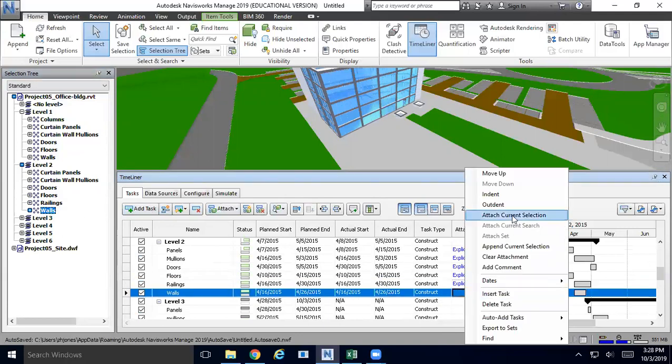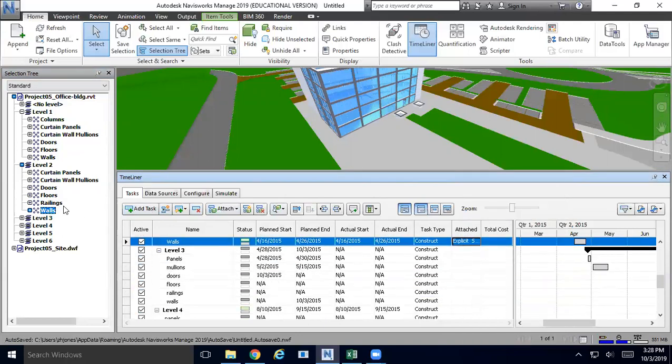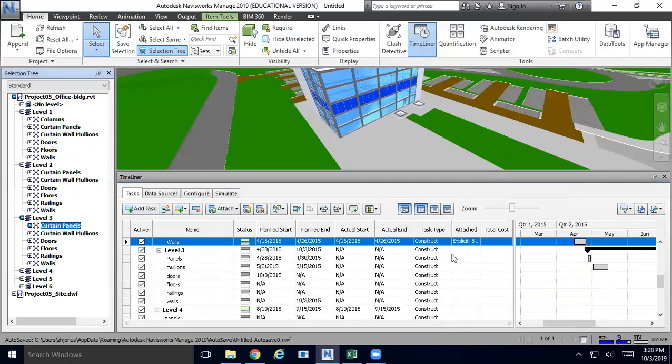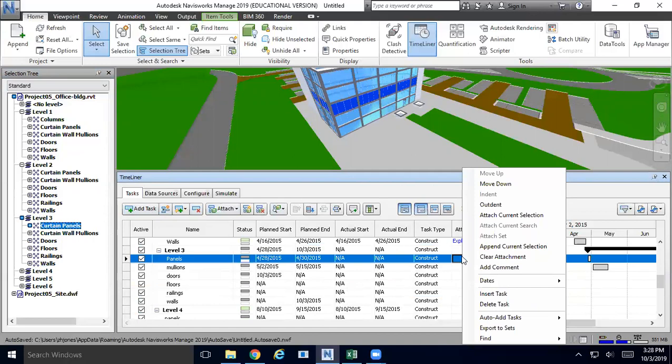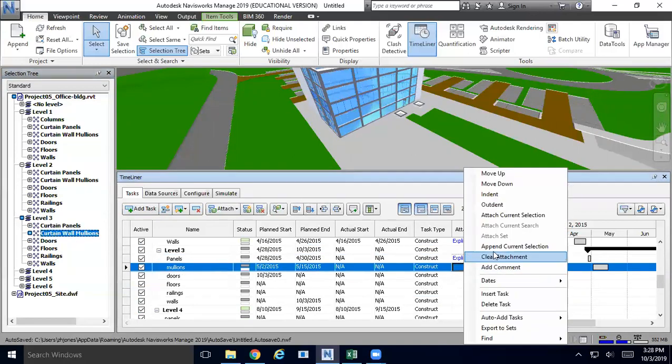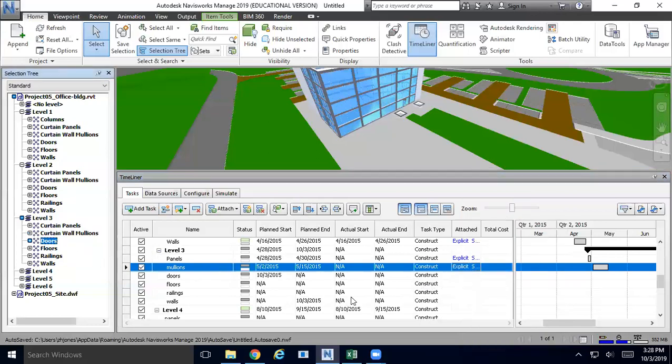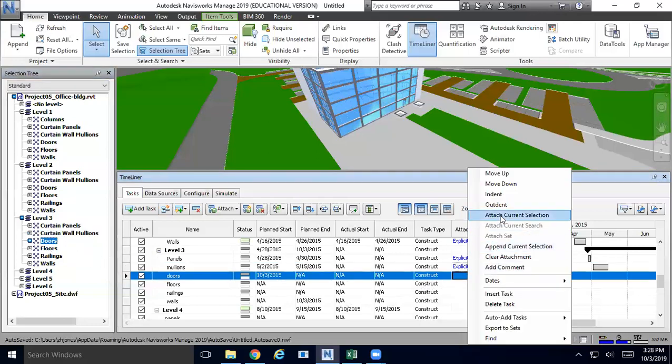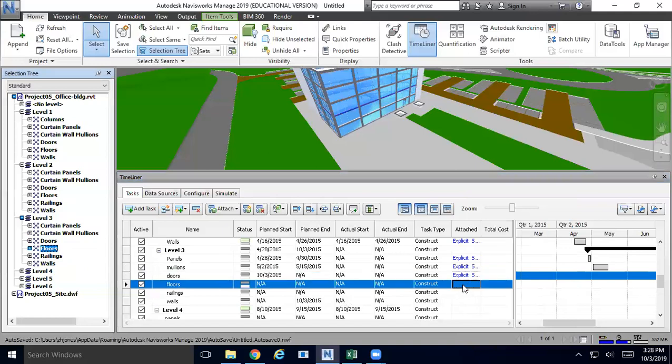Walls. So attach. Okay, and the level 3, let me do level 3 and level 4, level 6. We can treat them as one level. So level panels, attach, curtain wall, attach, doors, attach, doors, attach, railings,